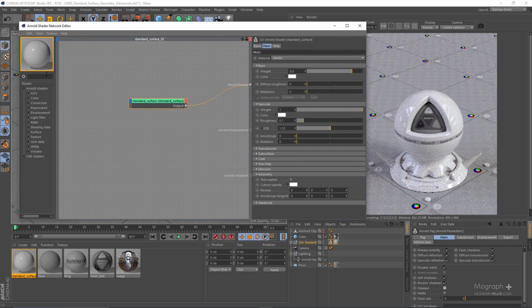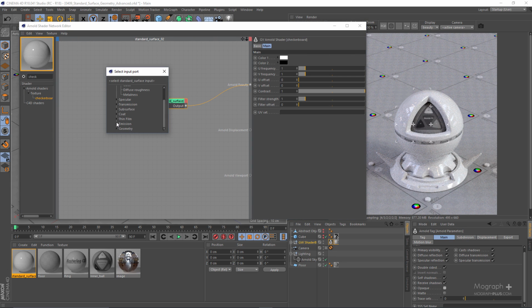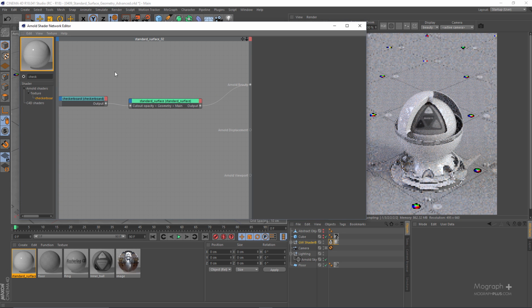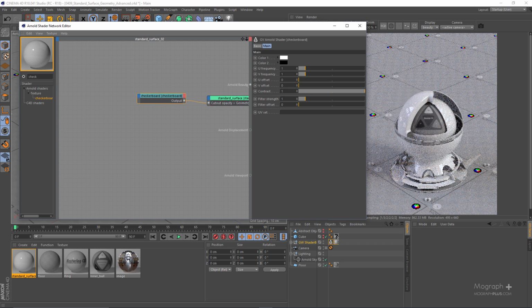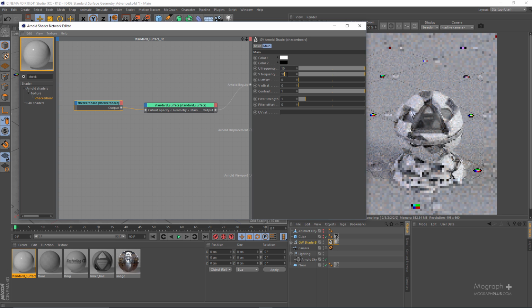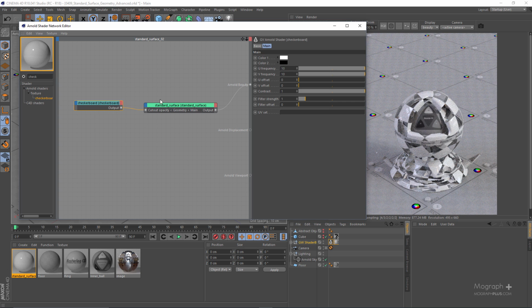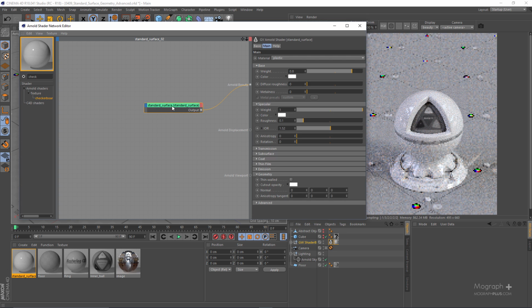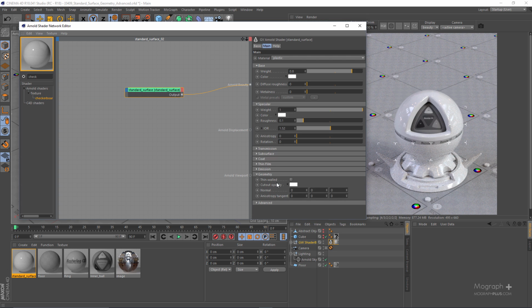Let's say if I use a simple checkerboard as the geometry cutout opacity, let me just select the checkerboard and increase the frequency to something like 5 and 5, or even 10 and 10. Now as you can see, we have our opacity being controlled by this checkerboard pattern. Let me disable that. Next we have this normal parameter, and this is where you connect your normal or bump